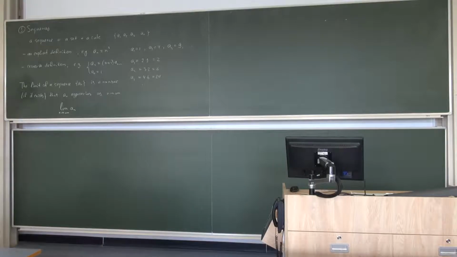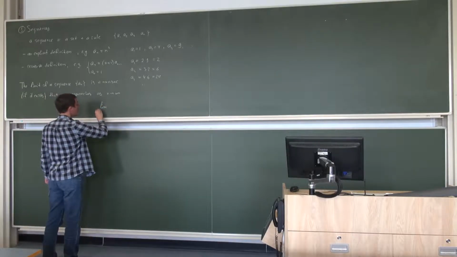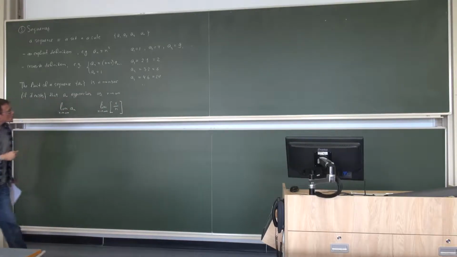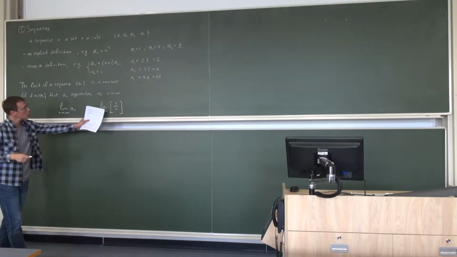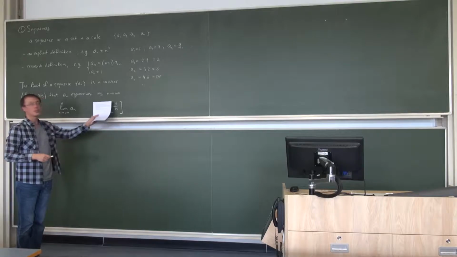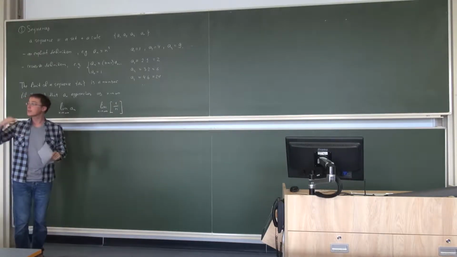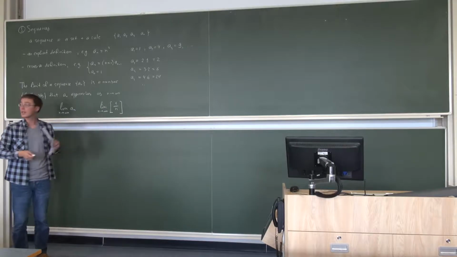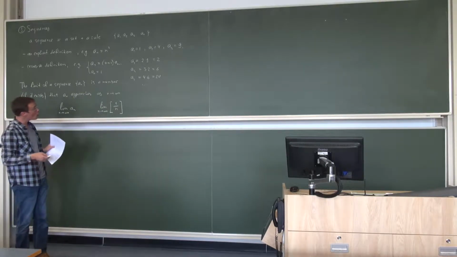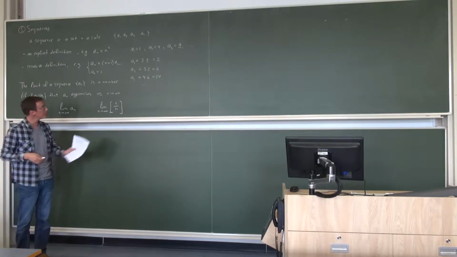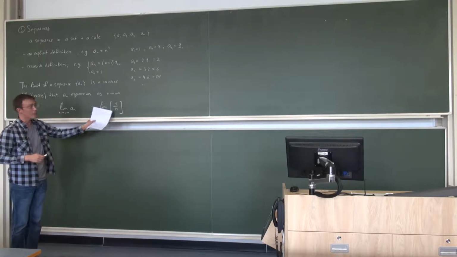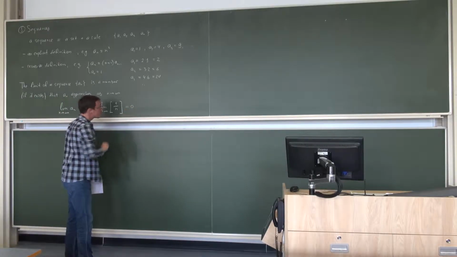Let's say our sequence is defined explicitly and a_n is 1 over n. The limit as n goes to infinity of 1 over n. Let's think about what this might be equal to. When n is equal to 1, this is 1. When n is 2, this is 1/2, so it became smaller. When n is 3, this is 1/3, smaller still. When n is 1,000, this is 1/1,000th, a tiny number. When n is a gazillion, this is 1 gazillionth. So this goes down as n goes to infinity, and the larger n becomes, the smaller is this quantity. So when n becomes arbitrarily large, this becomes arbitrarily small, and so the limit of this sequence is 0 as